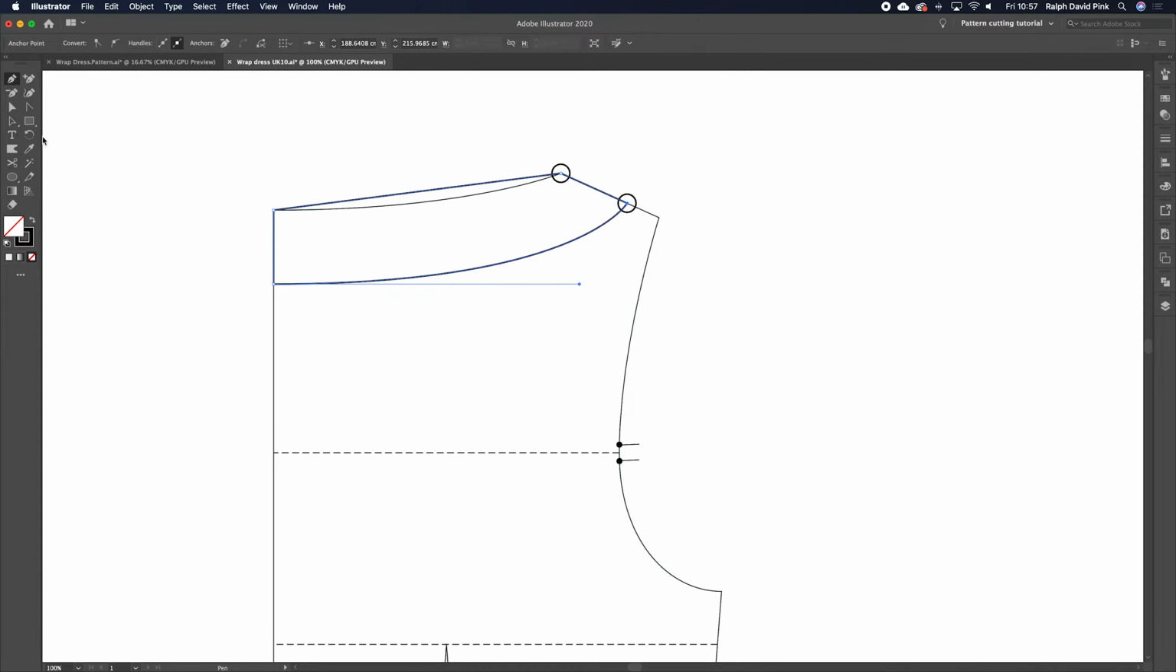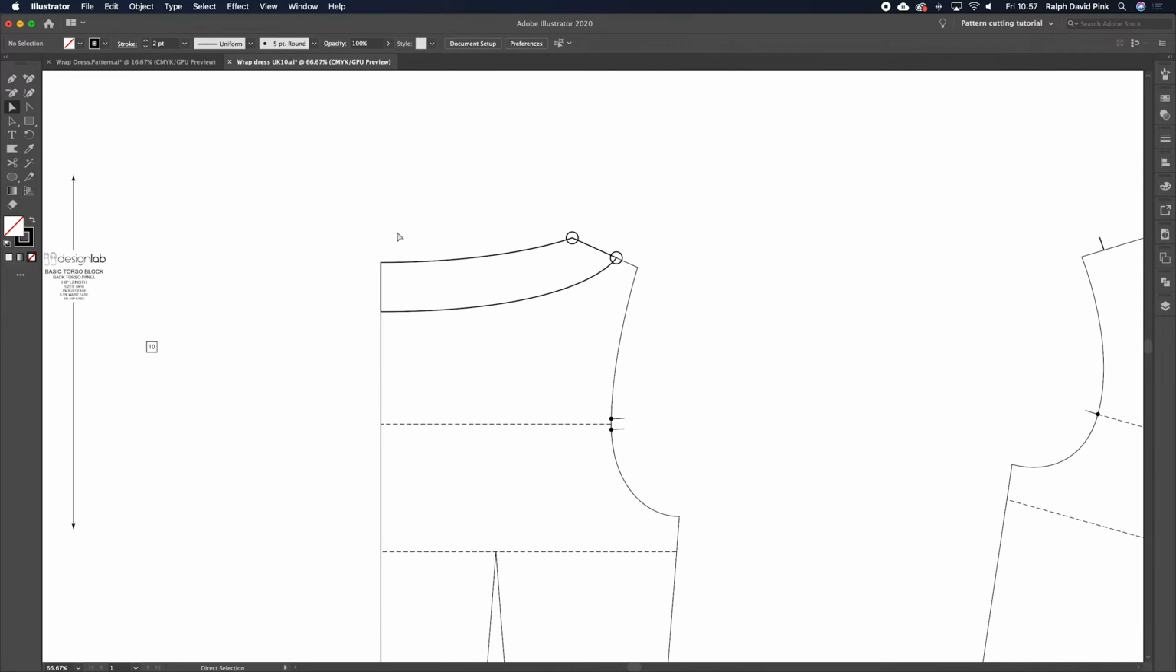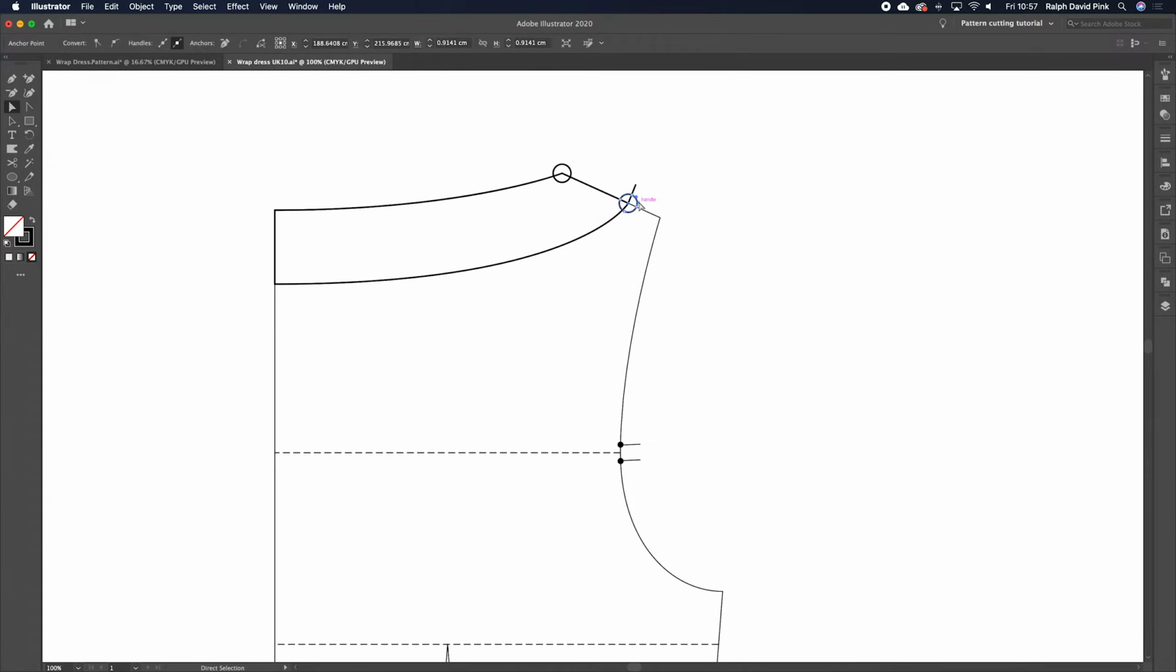join it. Next, convert anchor point tool, click and drag until we match that curvature of the line of the neckline, and then just move that handle in. Great, let's then just add a notch, so 1 centimeter. Add it to that point, rotate until it's about 90 degrees with the shoulder line there. I can get rid of these points,